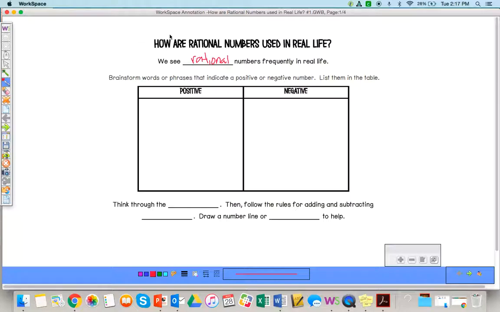So we're just going to brainstorm some words that mean positive or mean negative. Then when you're doing word problems, you can figure out and determine, okay, I'm dealing with a positive number or I'm dealing with a negative number. Most of these words deal with money. So our positive words are going to be credit,